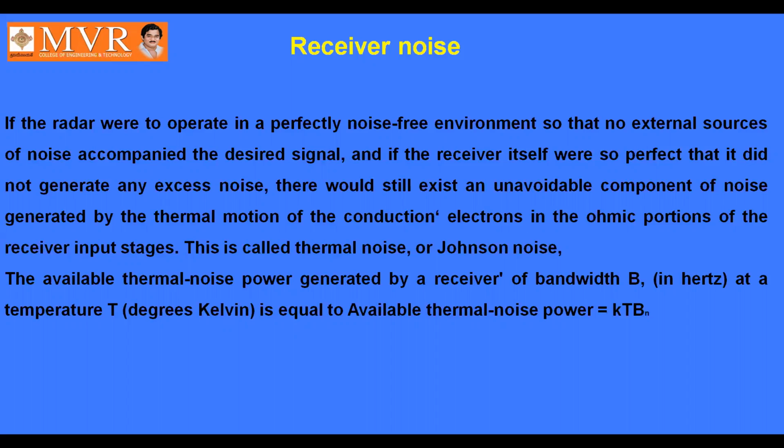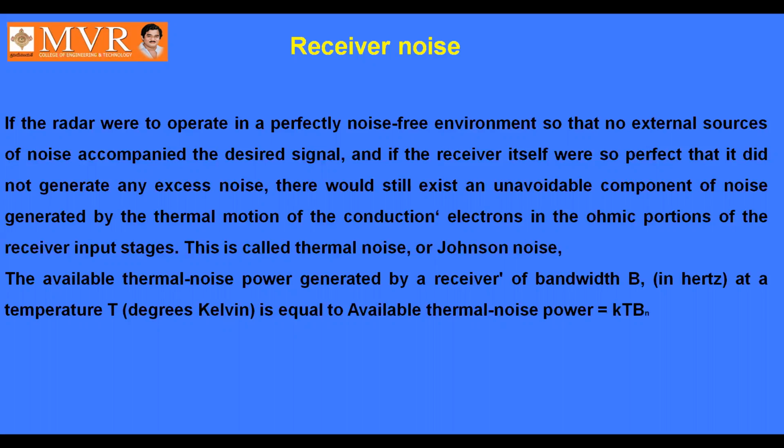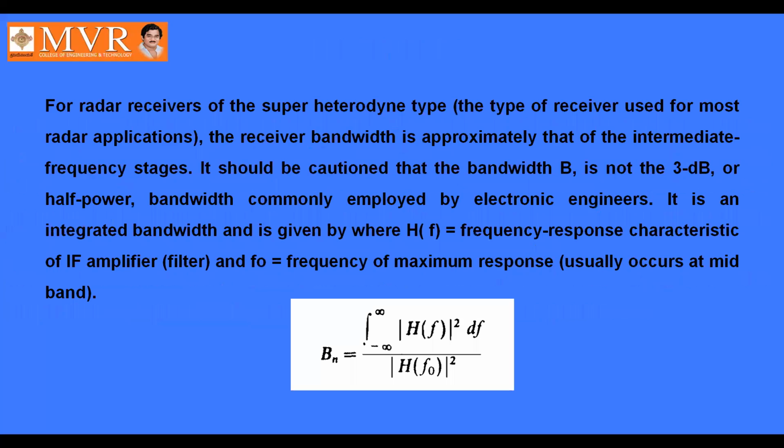Now, coming to the receiver noise, there is a possibility of getting at least a minimum noise, that is thermal noise. Thermal noise is given by a well-known formula, k T Bn. Here k is the Boltzmann's constant, T is the temperature, and B is the bandwidth. Bandwidth is the range of frequencies between the higher frequency and the lower frequency. To calculate the thermal noise, we consider k T Bn, where k is Boltzmann's constant and T is the temperature, which is 290 Kelvin. This can be considered as room temperature. And Bn.